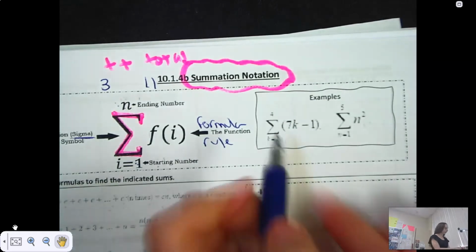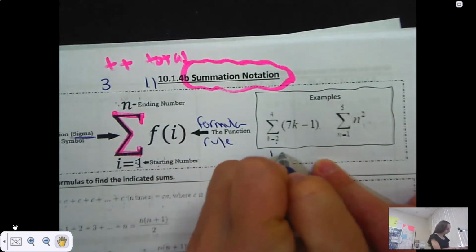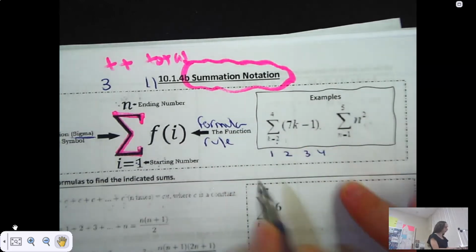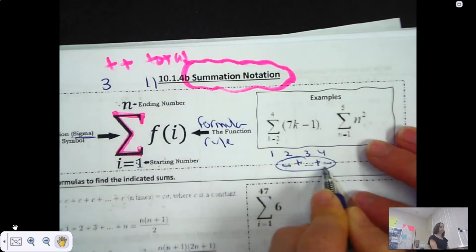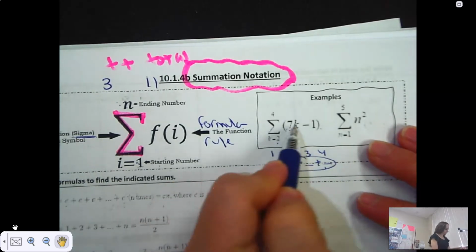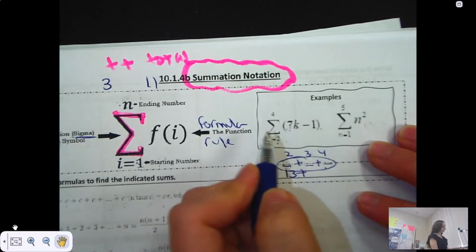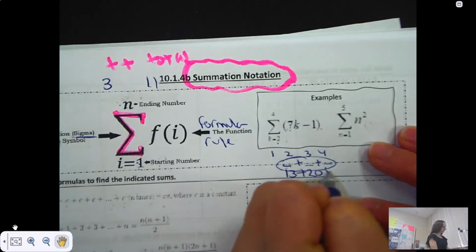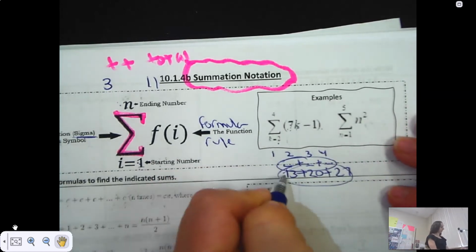So if you look right here, they want you to find the sum of the second term. So if you have the first term, the second term, the third term, and the fourth term, they want you to add the second term through the fourth term, and then here's the formula to make it happen. So I would go 7 times 2 is 14, minus 1 is 13, plus 7 times 3 is 21, minus 1 is 20, plus 7 times 4 is 28, 27. Add those up, and the answer would be